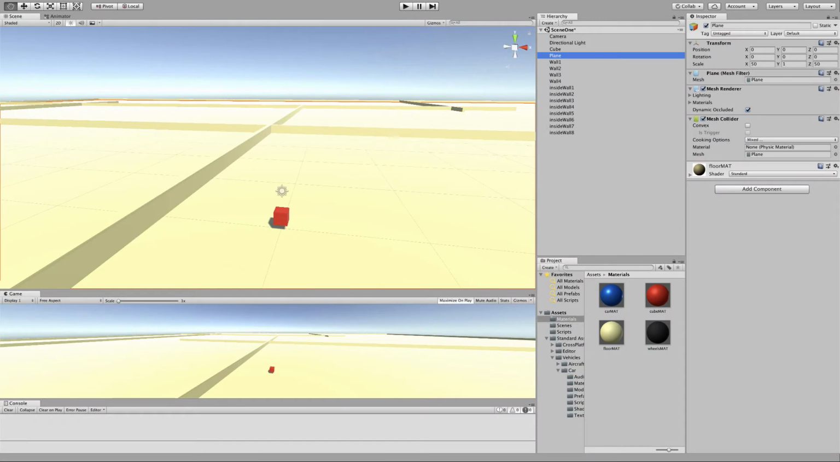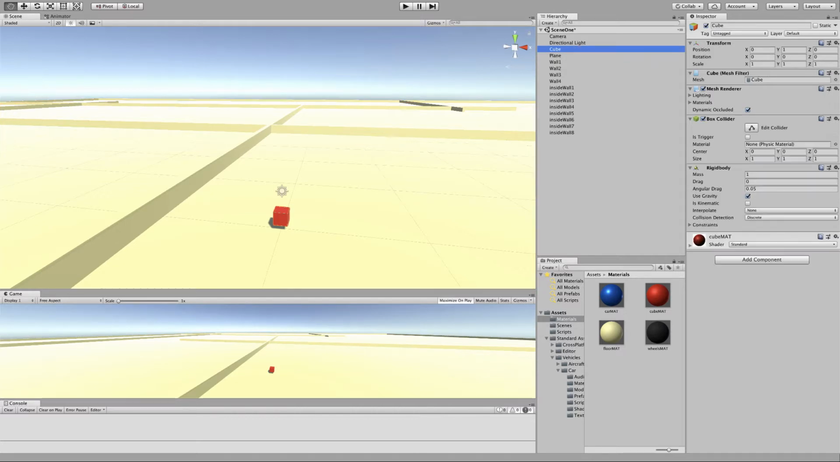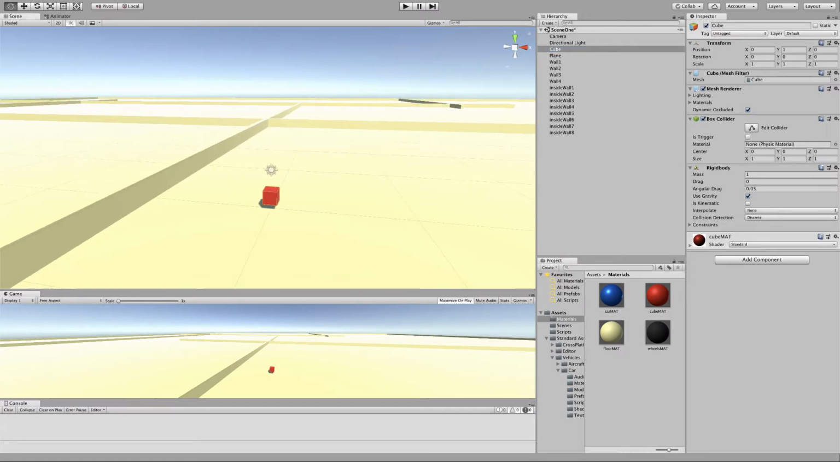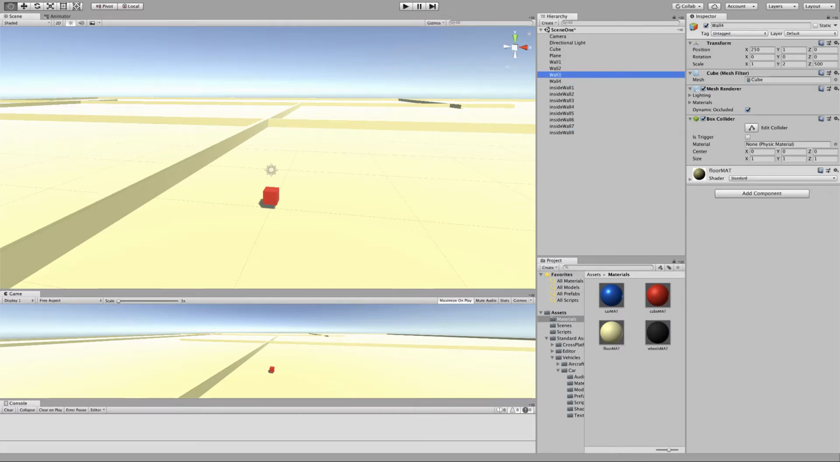So currently in my scene, I have created a plane that is at a scale of 50 by 50 on the Z and the X axes. I've inserted a cube, which will later become something that we can collide with. And I have created just a simple maze by using cubes and creating those into walls and placing them around